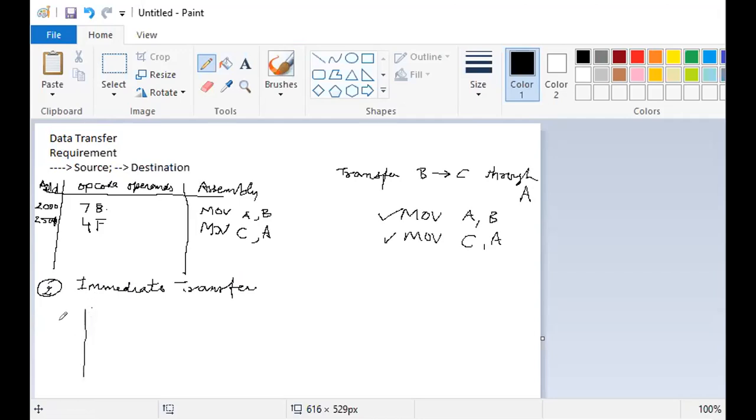Again I will draw that table. The instruction I want to write is move into the register A the immediate number, let's say 05. When you write 05, by default it is hexadecimal, or let's say write it as 05H.